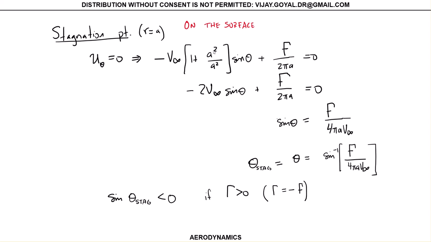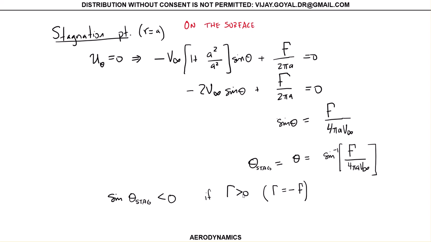So then this is a squared, and this becomes a. This is 2 times pi, 2 times v infinite sine of theta plus gamma dash 2 pi a. And your sine of theta is equal to this expression. Then your stagnation angle will be the angle where you take the sine inverse of this, and that is your stagnation point. This is going to be less than 0 when my